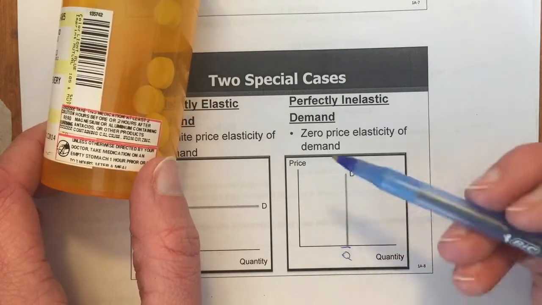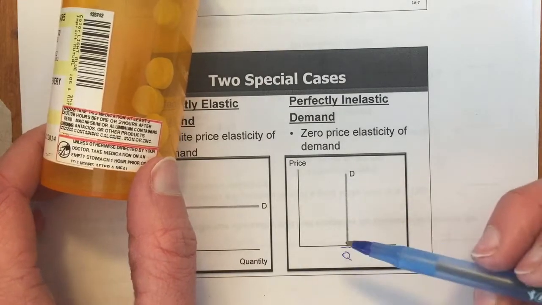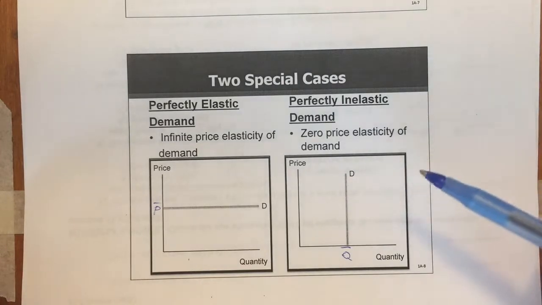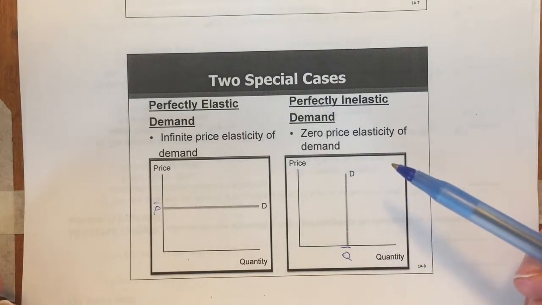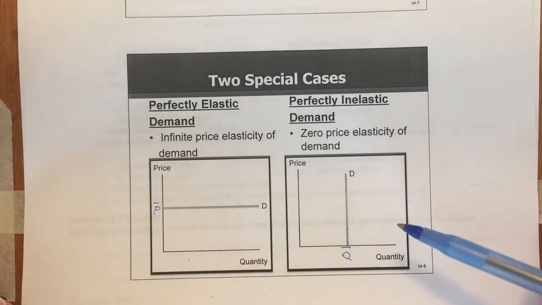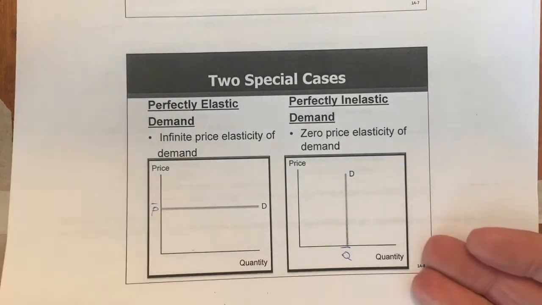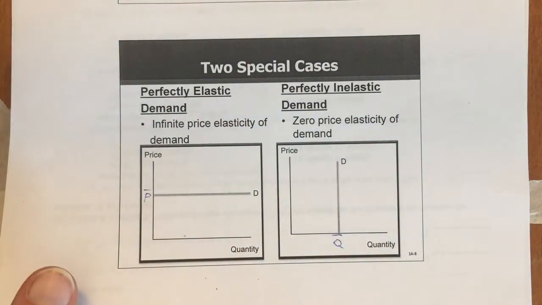The price can go up and down a lot, but you're going to demand the same amount. Maybe highly addictive illegal drugs can also fit into this, with 0 price elasticity of demand. And we can see this again if we go back to our equation